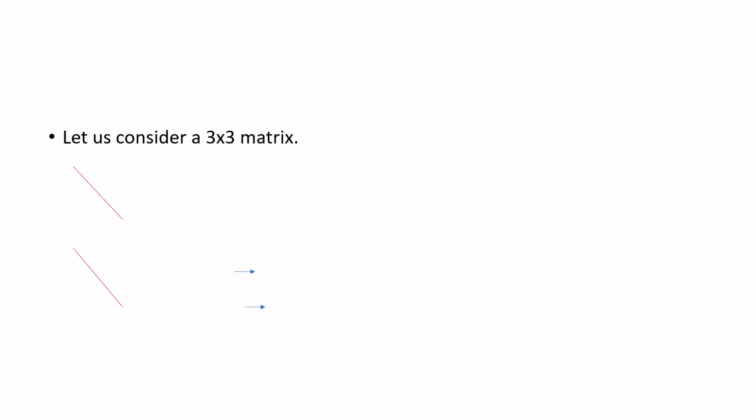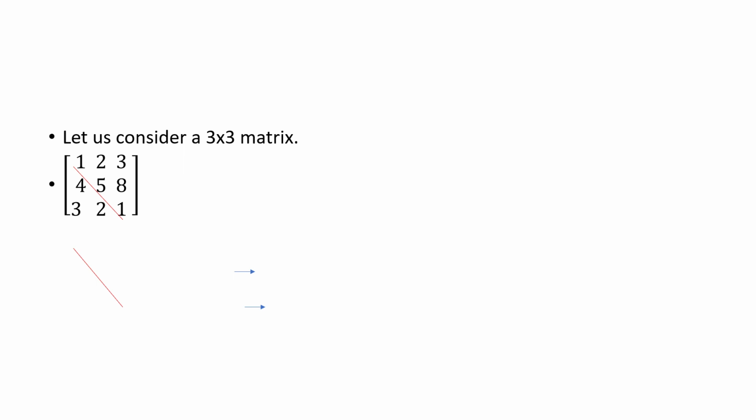Okay, let me explain by taking an example. Let us consider a 3 by 3 matrix. Whenever the matrix is given, you need to plot the diagonal elements. What are the diagonal elements present in this matrix? It is 1, 5, 1. What we need to do? We have to make 4, 3, 2 as zeros. For that, let us use the diagonal elements 1 and 5.